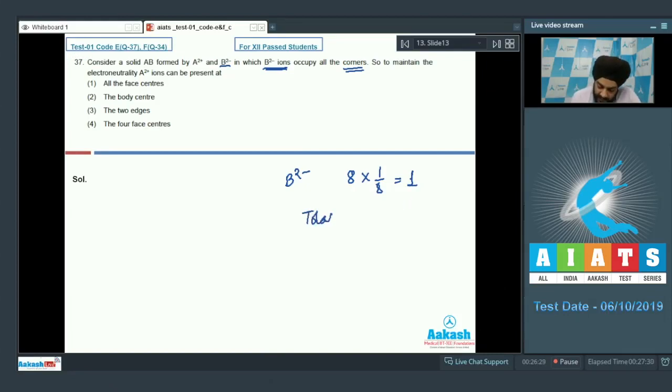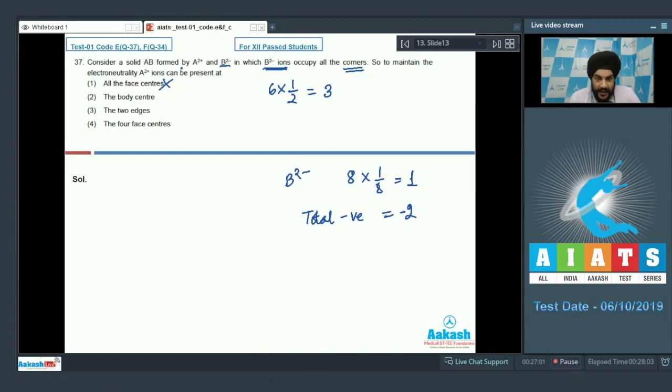So the total negative charge is equal to -2. So we have to now maintain the electrical neutrality. Okay. So if you look at the options which are given to us, the first option says A should be present at all the face centers. So if we talk about all the face centers, there are 6 face centers and each face center contributes half to the unit cell. So this means that there should be 3 A2+ present, which will not lead to